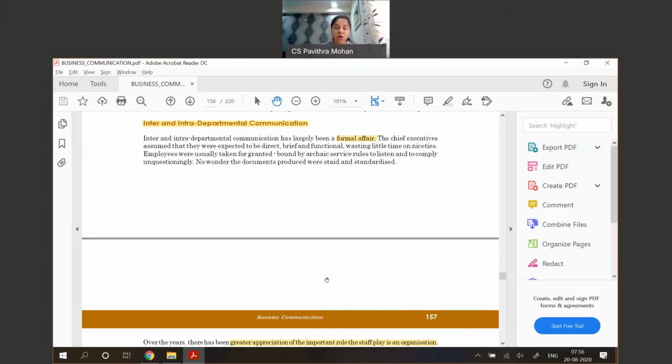So in offices, organizations or manufacturing sectors, how does it work? Let's say the finance department wants to talk with